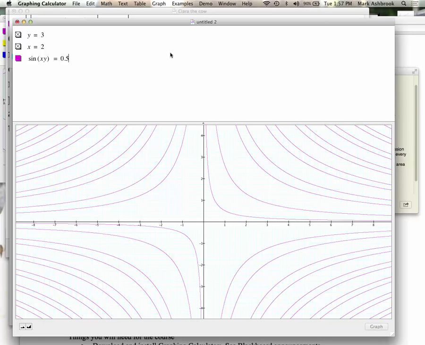So maybe let's actually have a conversation about this graph. How is it that this graph is a representation of that equation? Let's ask that question. So everyone think about that. Is this one graph or many graphs, first of all? And then how is it that what we're seeing is a representation of that equation? So maybe think about it for a second, or have a conversation with the person next to you. Is it one graph or many graphs, first of all? And how is what you're seeing a mathematical representation of the equation?